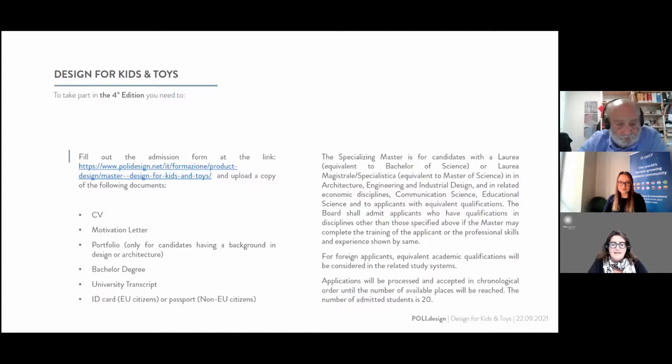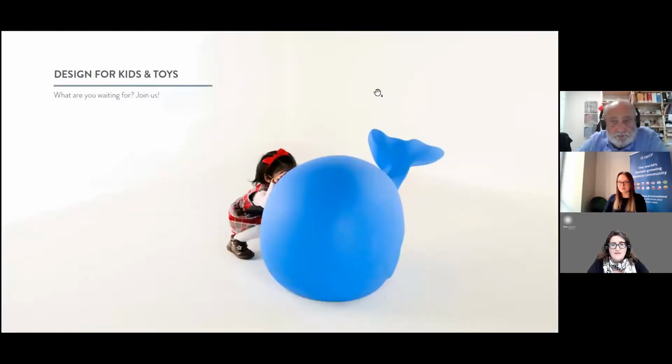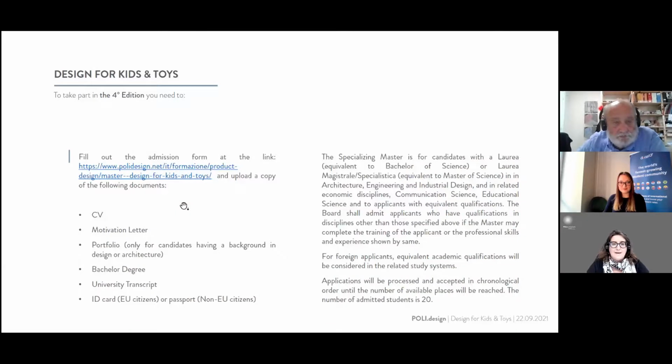here. They are mainly a CV and a portfolio, which is mandatory only for candidates having a design or architecture background, because as mentioned by the Professor in the presentation, the backgrounds of our students come from every field, also psychology or education sciences, humanistic sciences, and so on. So of course it is not a mandatory document. In that item, you may just specify that you don't have a portfolio or upload your CV twice, and then